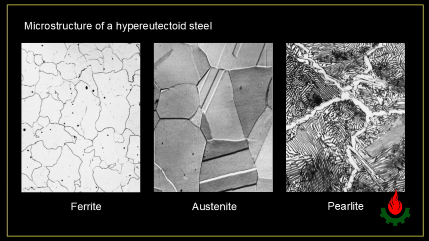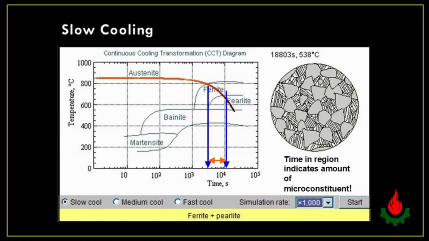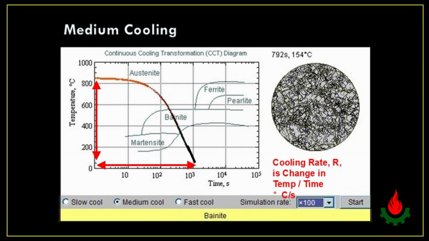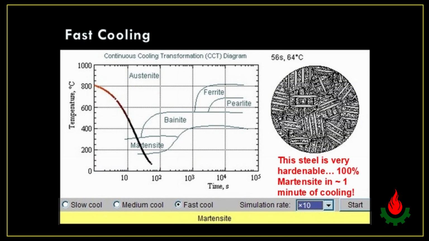Some examples of the structure of hypereutectoid steel. Slow cooling, common in annealing. It allows the formation of coarse pearlite, resulting in softer, more ductile steel suitable for machining. Medium cooling, used in normalizing, produces finer pearlite or bainite, improving strength and toughness compared to annealing. Fast cooling, achieved through quenching in water, oil, or brine, rapidly hardens steel by forming martensite, increasing hardness but